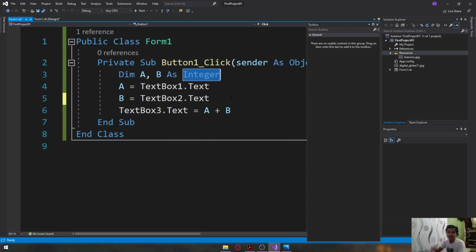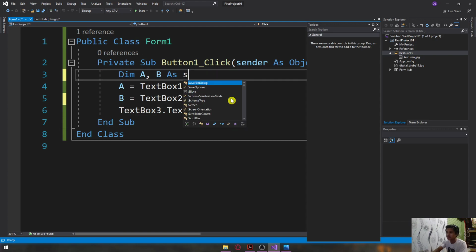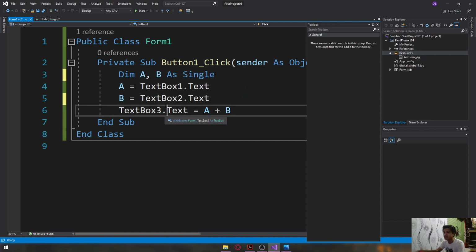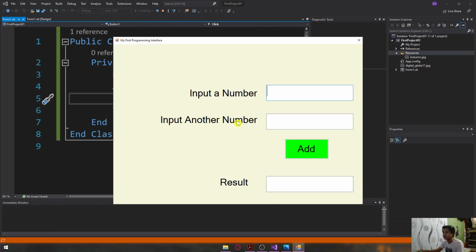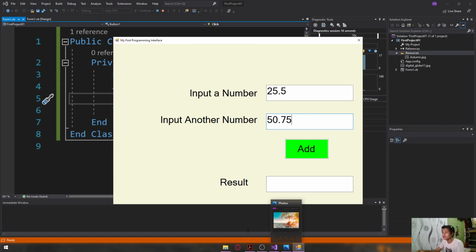So instead of using integer, wherein it will only accept whole numbers, I will use single. This is another data type wherein single accepts a decimal. Okay, so let's try this one. 25.5 plus 50.75. Okay, so we should get 76.25. There you go. Okay, so the exact value is now displayed, with the accepted